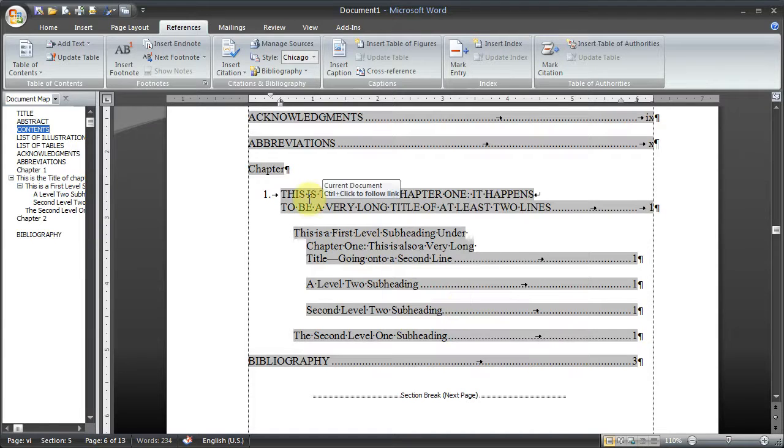The only thing is you may want to have additional, or you may want to only have one level of subheadings, and here I have a first level and a second level. You may not want to have these second level subheadings, or you may want to include a third and a fourth level. If you want to make changes like that, I'm going to show you how to do that in the next